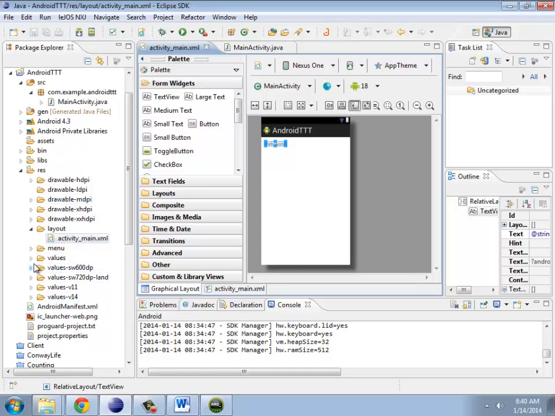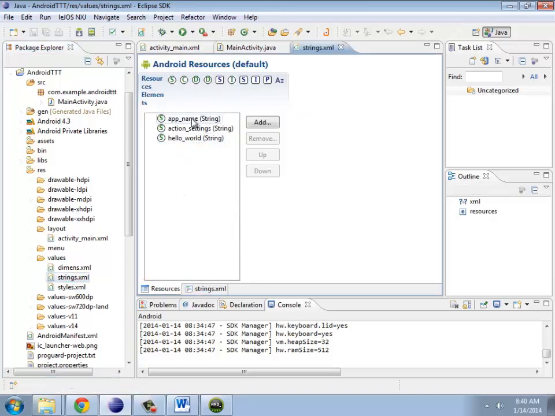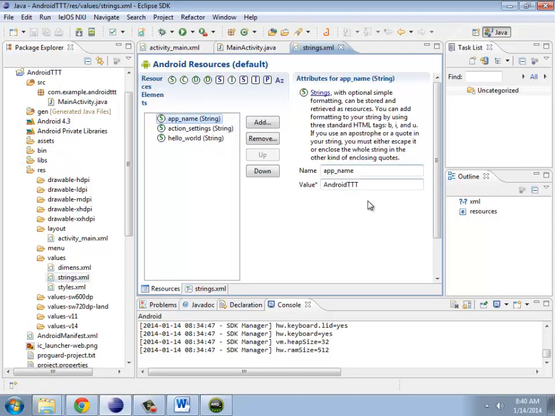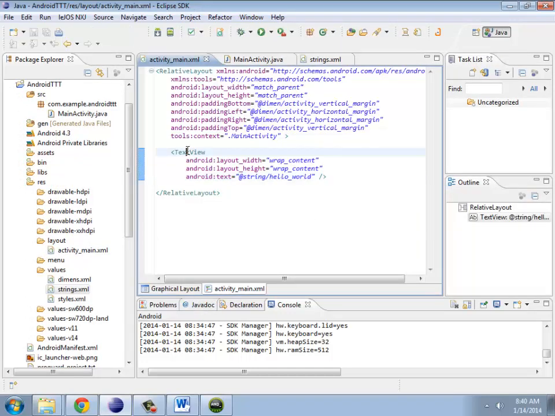Oh, there's one other thing that we do need, which is values. A good thing to note is this strings.xml. So if I open this up, notice that there's this app_name, whose value is Android TTT. Hello world is hello_world, and then here's the text for it. The reason this matters is, so you see this hello world thing. If I go back to the activity_main, notice that the text in this TextView,